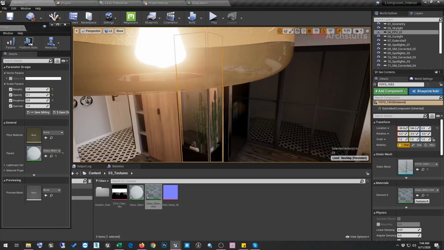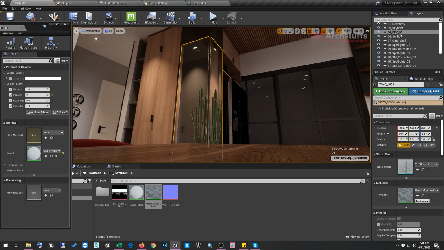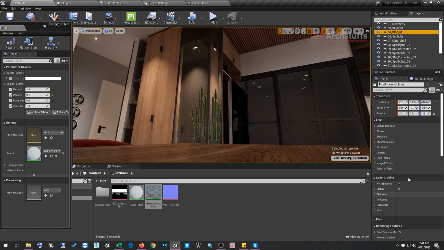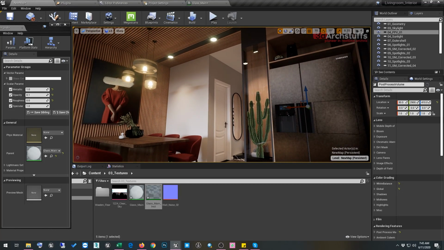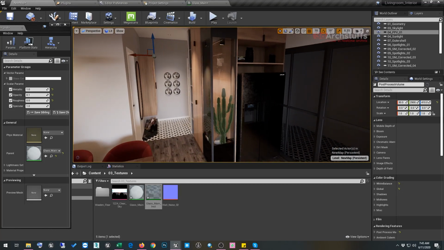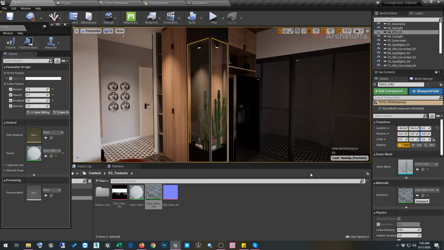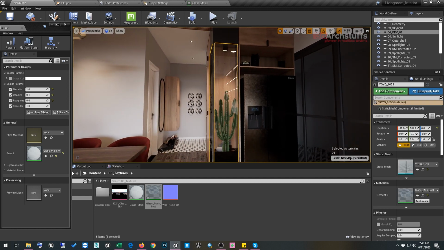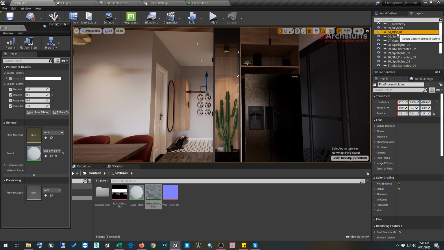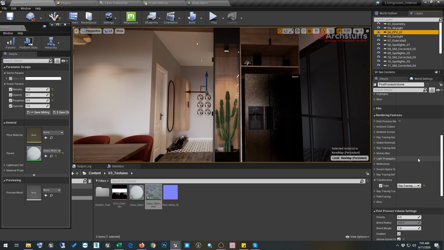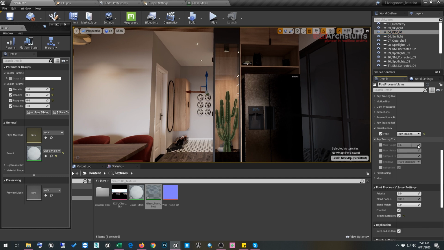And still there is some black thing here, and that we will be controlling from our post process volume here. So no worries, we'll see how we can control that. And once we have made a glass material in the scene and applied it on our object, what we can do now is select this post process volume, scroll down, and expand this ray tracing translucency option here.